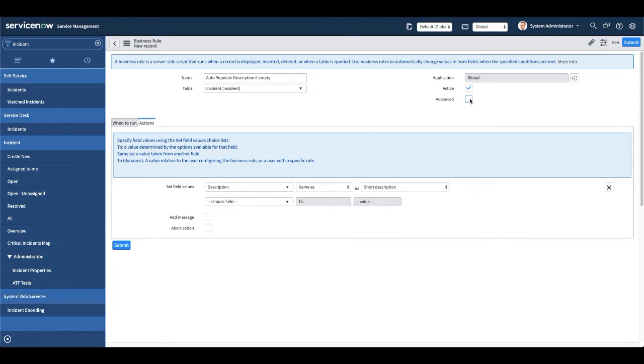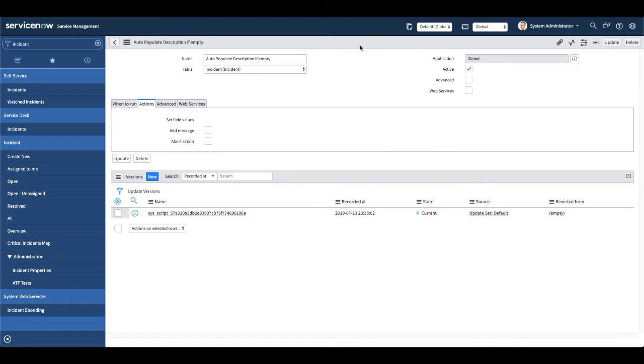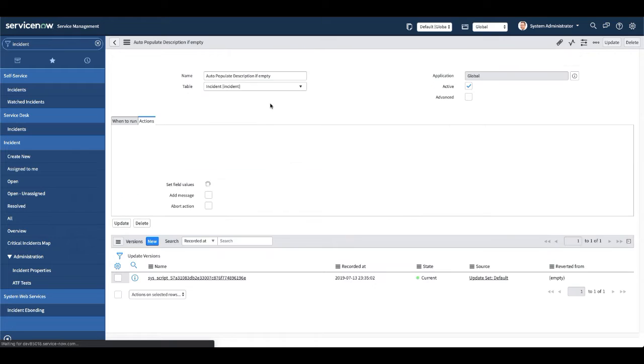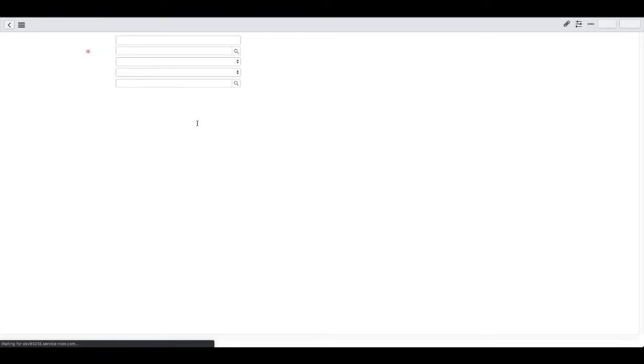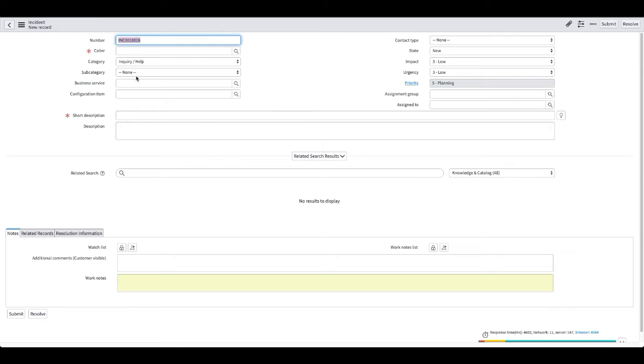If you want to check whether it is doing before insert or after insert, you can select that, but as of now I'm not selecting it. I'm going to save this. Once I have saved this, I will create a new incident. I have opened up the form. So this is the incident form. I am selecting the caller and I am adding test data to copy